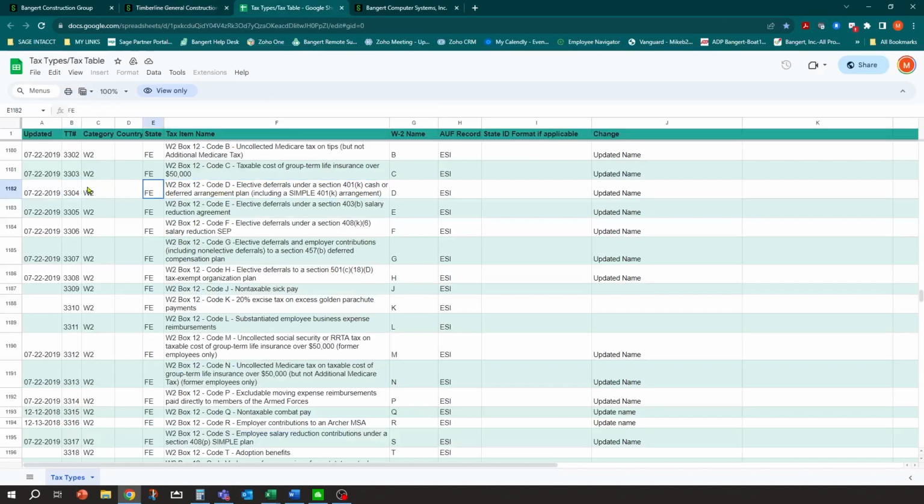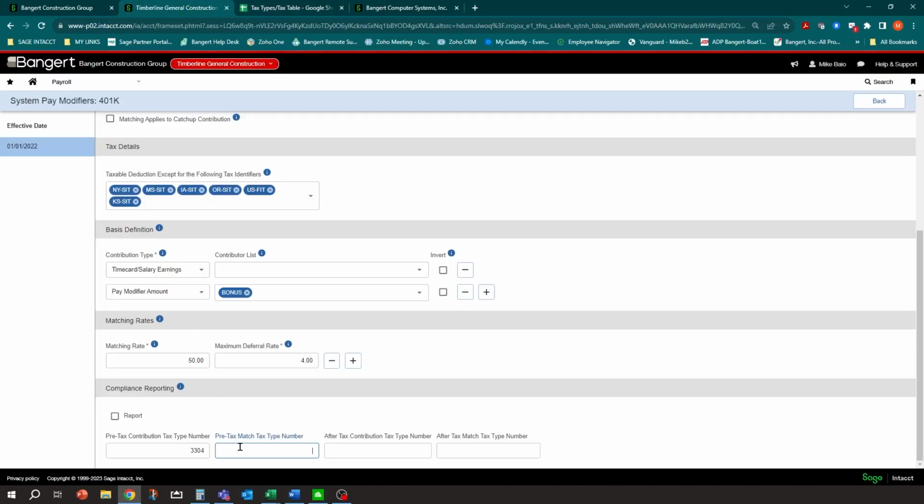Okay. And you could fill that out there and do it accordingly. Now the system's going to track where does it go for your contribution pre-tax, for the match pre-tax. And also because 401k in the Intacct system covers both the pre and after tax, you may have 401k/Roth set up that you have both here. So you're going to want to make sure you fill out the after tax code along with the pre-tax.